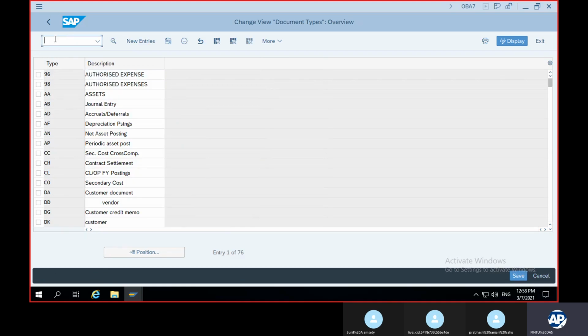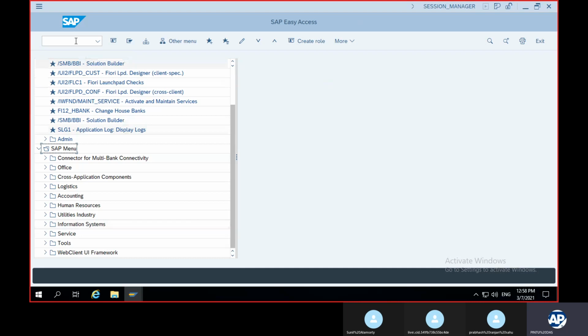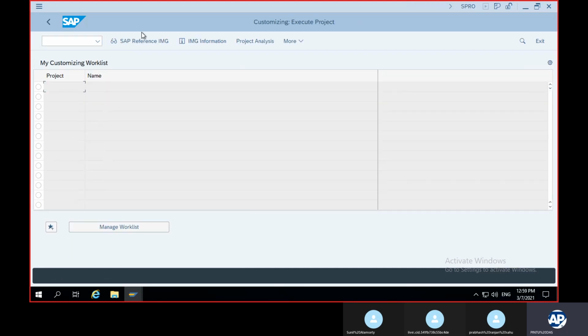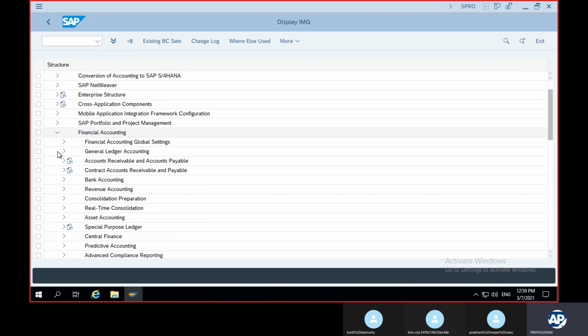But before that, I'll show you F-02. This one, right? SA. To get this document type, we need to configure this one, OBA7. Slash N SPRO, enter, reference IMG, and then we come to Financial Accounting.